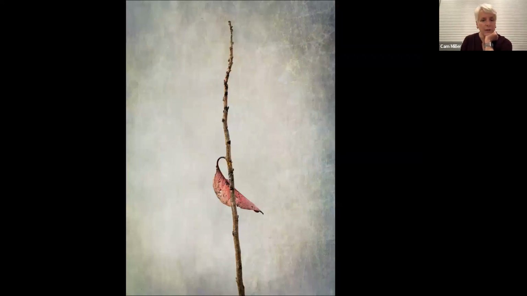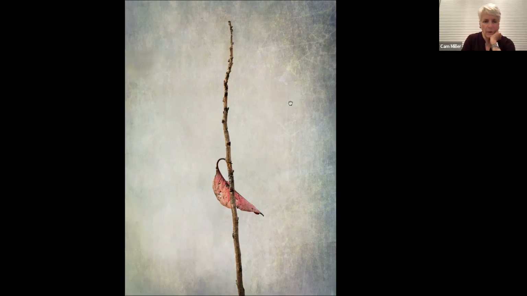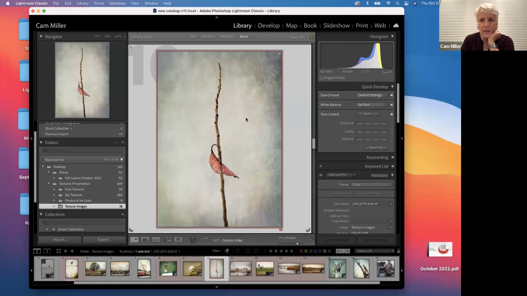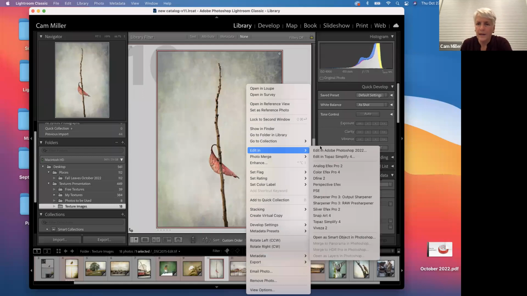This image, let me escape and show you this one briefly. Escape, oh, full screen. How do I do that? Daggone it. I don't want to stop the share. I don't want to leave the meeting. Okay, maybe I can escape now. There I go. All right, this image, if I were to go in here and open it up, edit it in Photoshop,